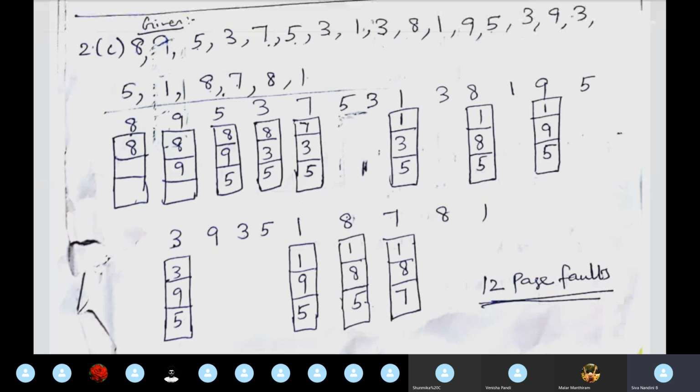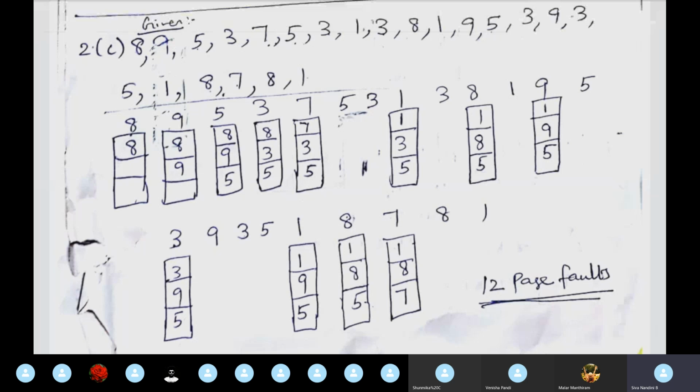And after this first page, we are having 9 in the reference string. This 9 is not available in the frame, so we no need to bother about it. After this 9, we are having 5. This 5 and 1 are the pages in the frame which are going to be used within a short period of time. So we shouldn't replace this 1 and 5 in the frame. Okay. So what is the other frame which is available? 3. So we can replace this 3 by 8.